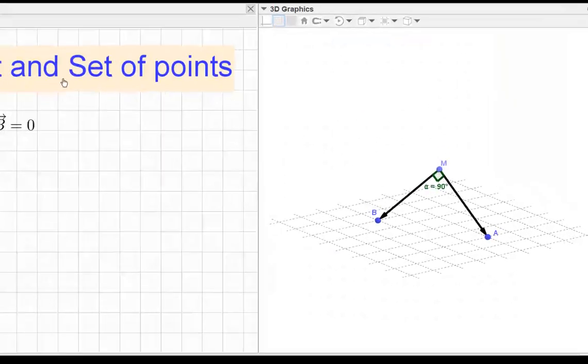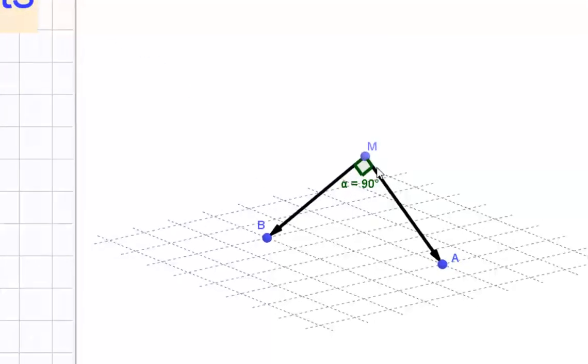Dot product and set of points. If A and B are any two fixed points and M is any point so that the angle between vectors MA and MB is 90, or MA dot MB equals 0,